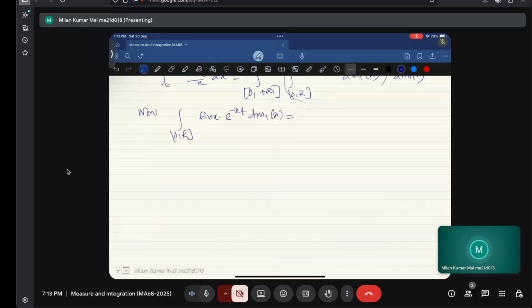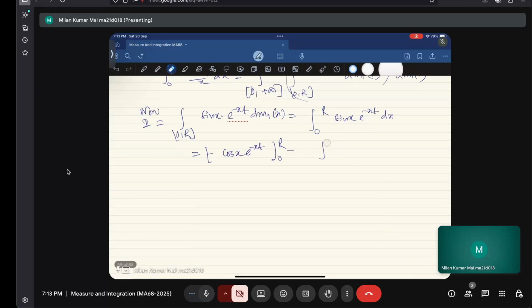So let's take this one as I. So I want to obtain this one. I is equal to this, and this one is equal to the integral from 0 to r of sin x e to the power minus xt dx. And if you use the partial integration, first we will keep e to the power minus xt fixed, and now integrating sin x, that is minus cos x, and differentiating the first term, that will be minus minus plus cos x e to the power minus xt by x. Okay, this is the first term,